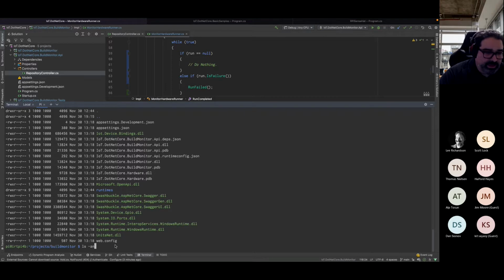So I'll just go ahead and run dotnet on the DLL, which in this scenario is IoT.NetCore.BuildMonitorAPI.dll.